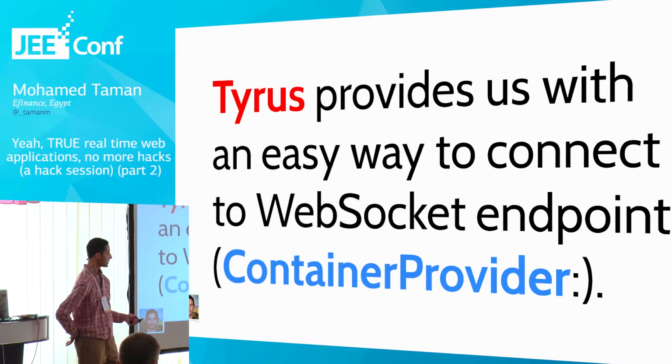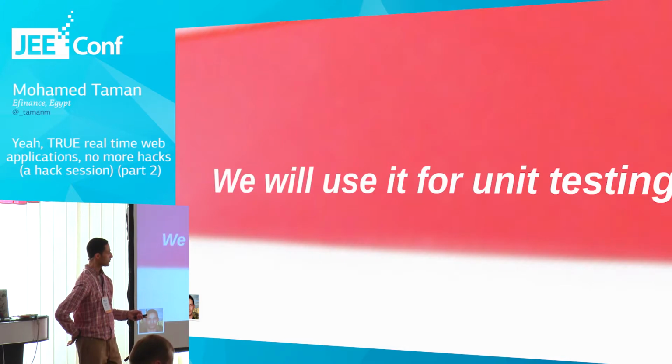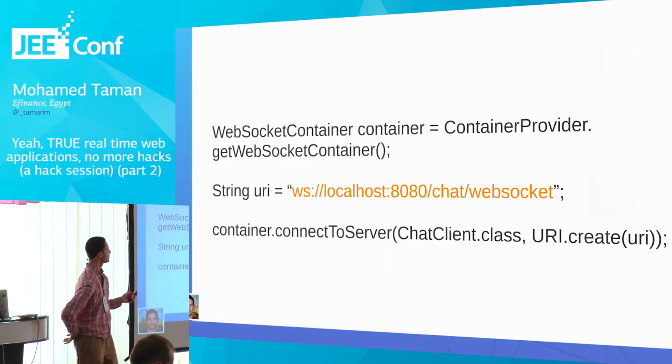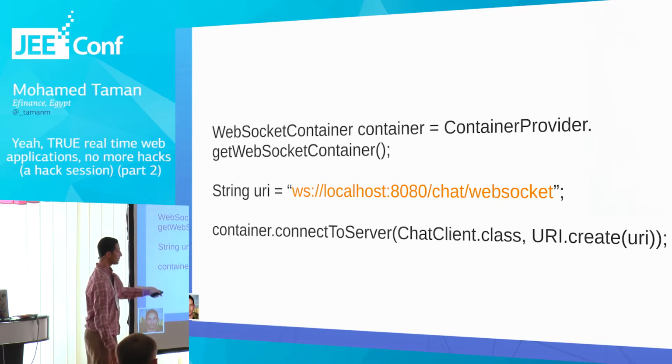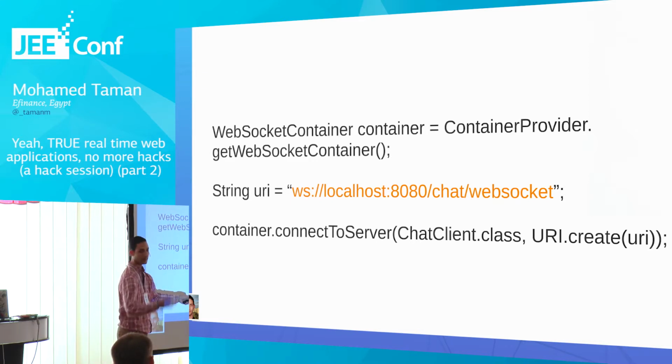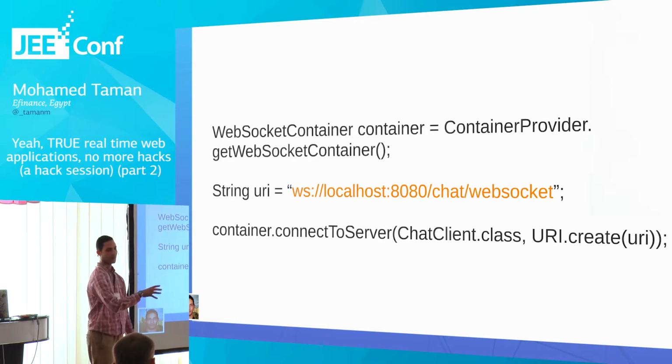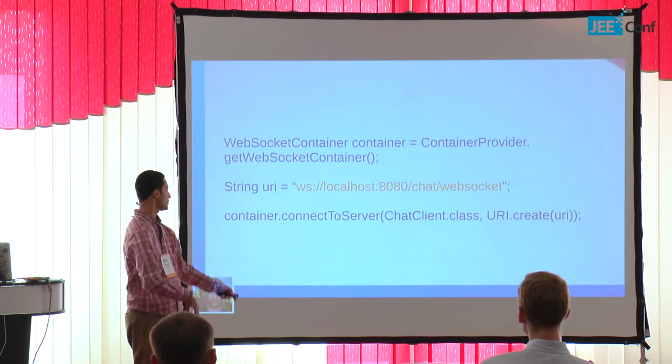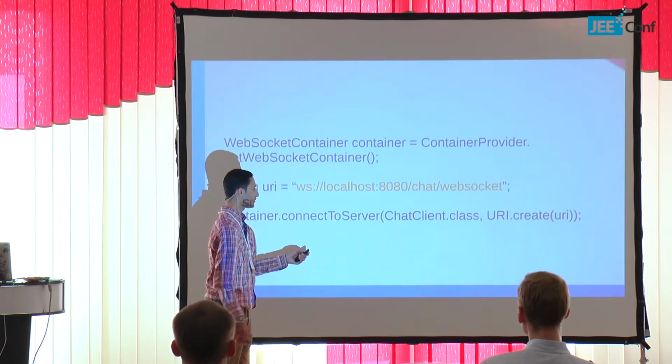Tyrus provides something called container provider, which we will use for testing, something like this. We have the WebSocket container. We get the WebSocket container context. Then here is our URL that we would like to connect to. Container, please connect this client we defined previously. Then this is the URI you will send the message to. It will use on message of this client to send the message and get the message back. And this method will return you